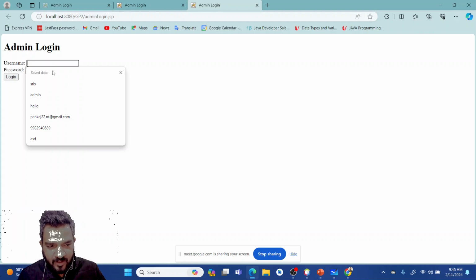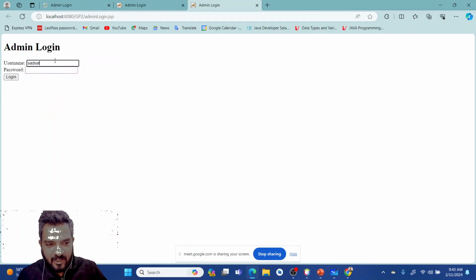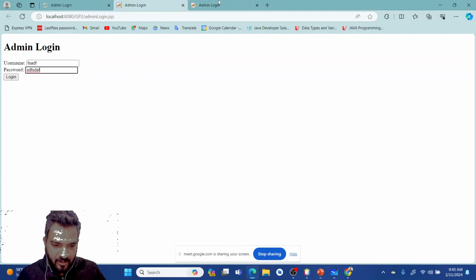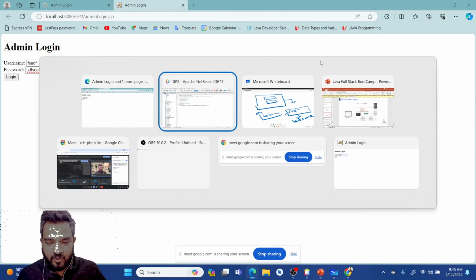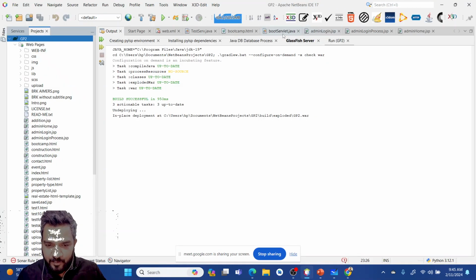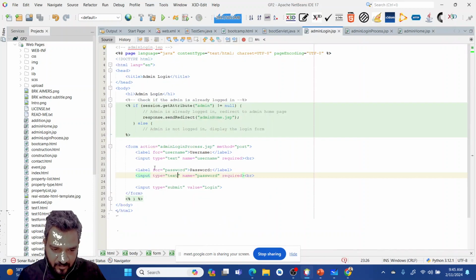So username, password. Whatever you type over here is visible. Whatever you are typing, everything is visible. Even if you refresh the old pages now, it will be removed. It is a normal username password. So that is why, whenever we are creating password or username related forms, it is important to use input type is password.